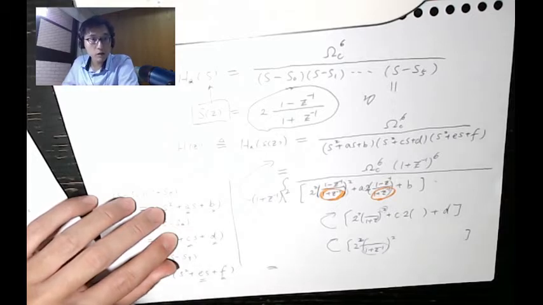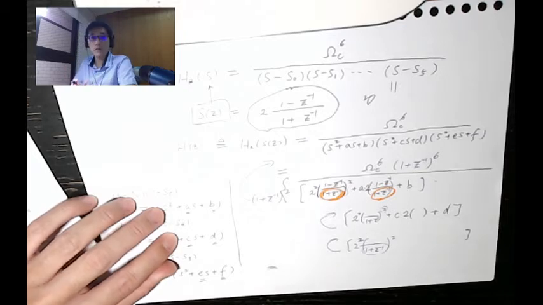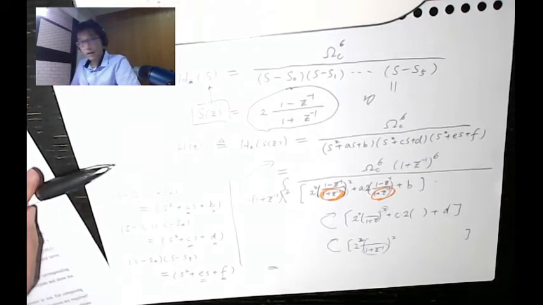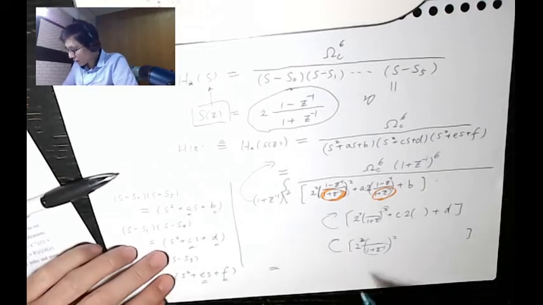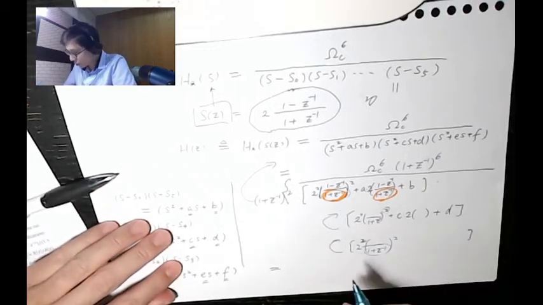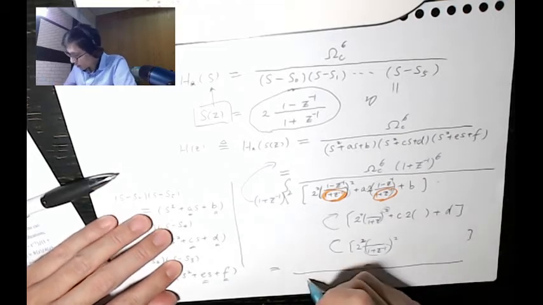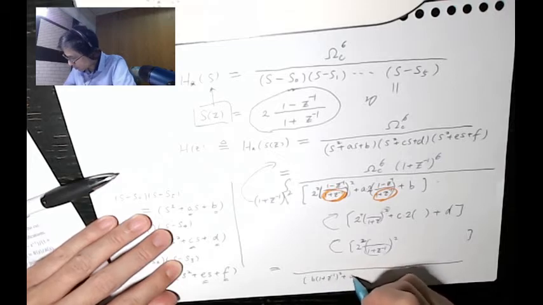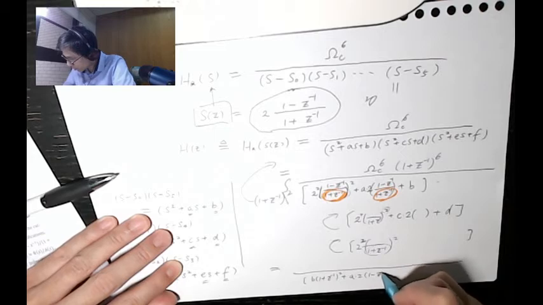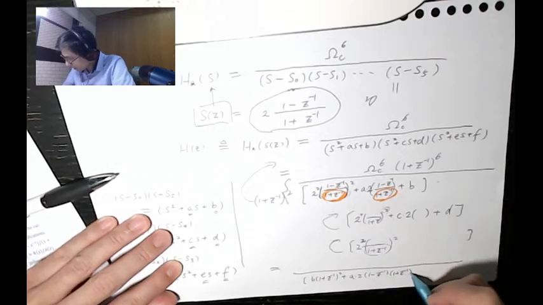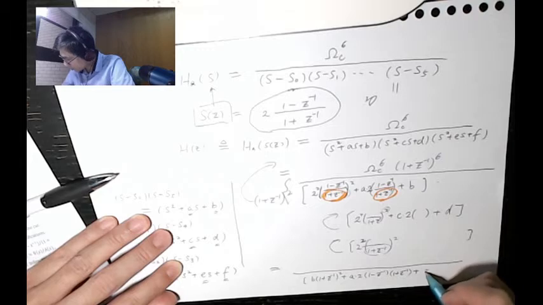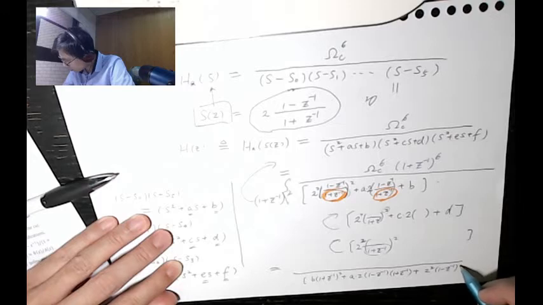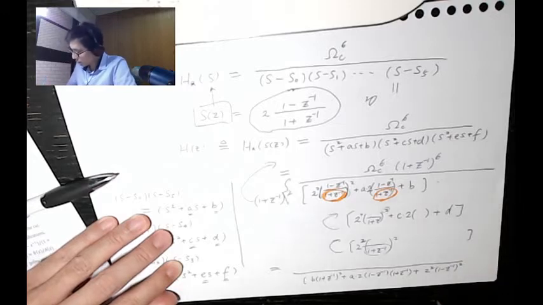Okay, I want you to be aware of this step. So the answer is that indeed, the next thing you do is, hopefully you can find that we have B times (1 plus Z inverse) squared plus A times (2 plus Y minus Z inverse) times (1 plus Z inverse). I'm just going to show one of them to you: 4 times (1 minus Z inverse) squared, and yeah, coefficients.